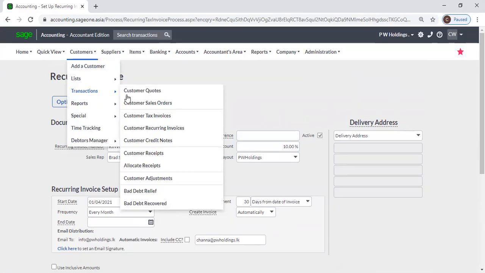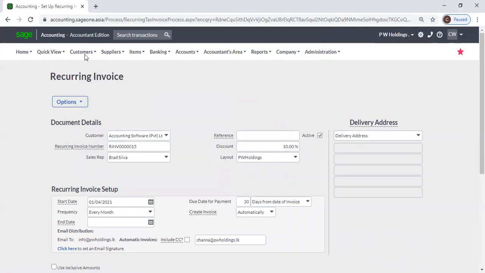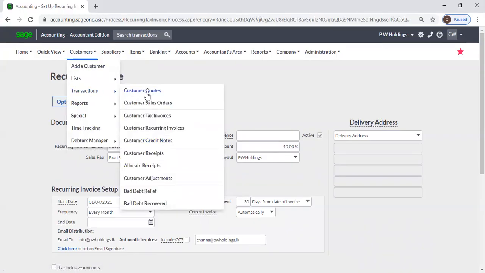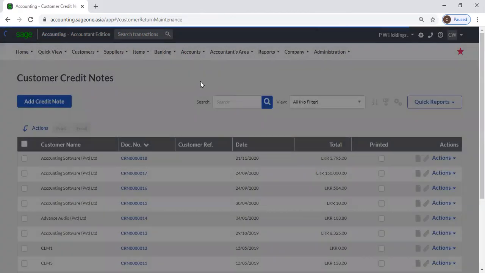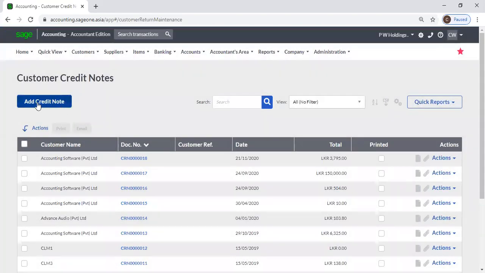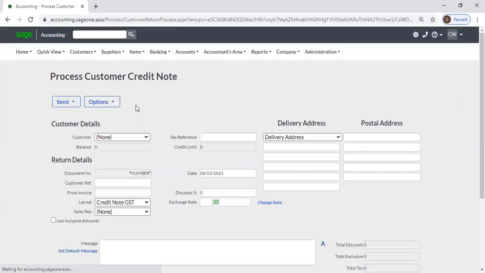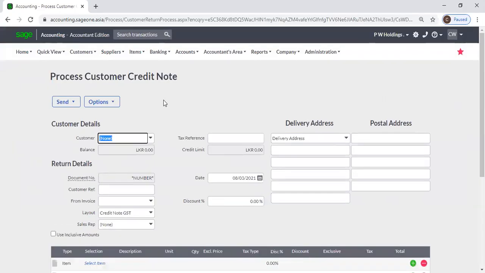customer credit notes. Go to customers, transactions, customer credit notes. By clicking this add credit note, you can enter a credit note. Okay, now assume your customers return goods to you. You can enter a credit note, and